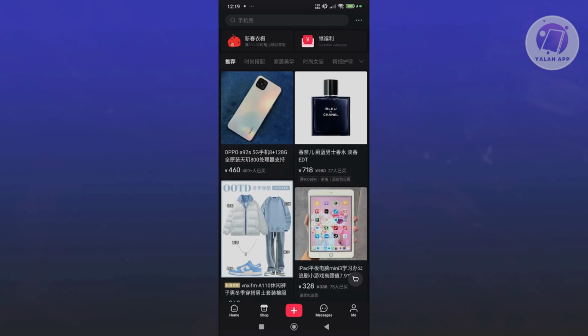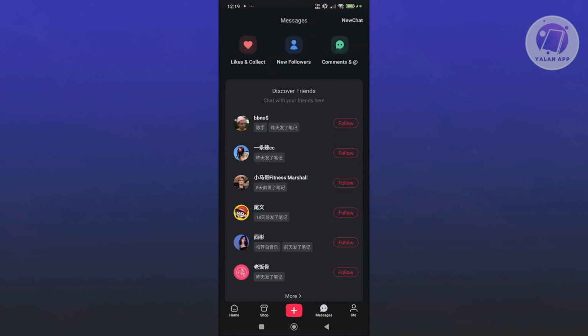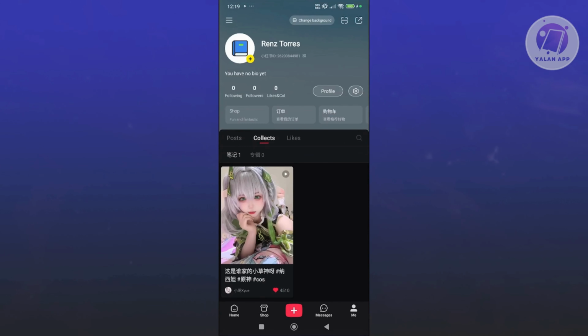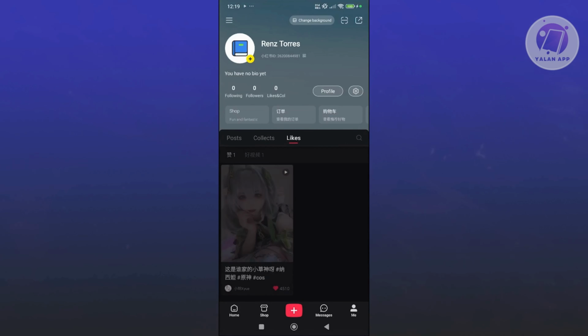But let's go and click on messages. Messages, from the name itself, allows you to see your messages, even message people if you want to. If you go and click on me, this shows you your profile. The great thing about your profile here is you can customize this and view a few things. First, it's going to be your posts that you see at the very bottom. You also have your collects. So if you added collections into your account, and if you've liked something, this is where they'll be